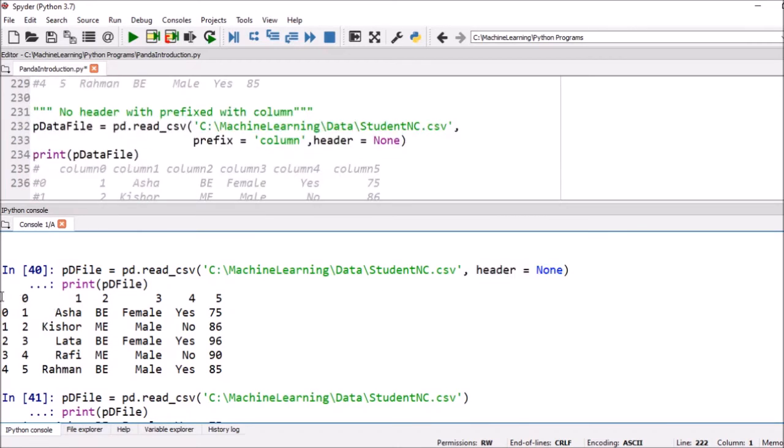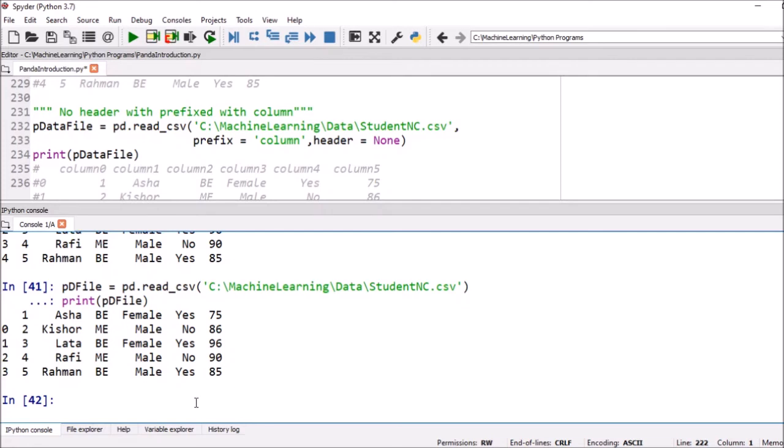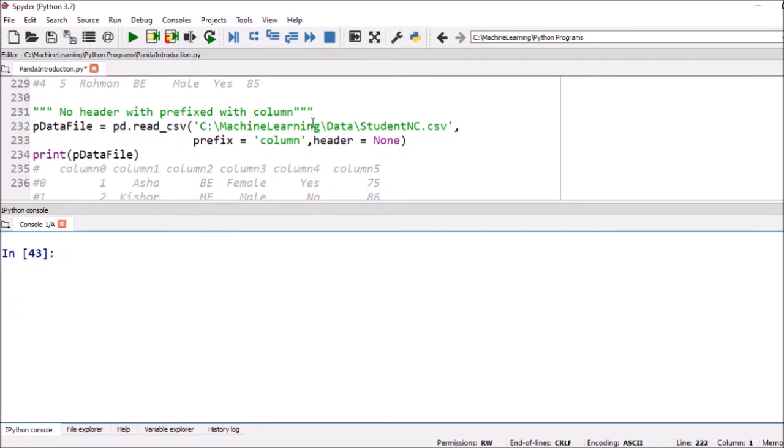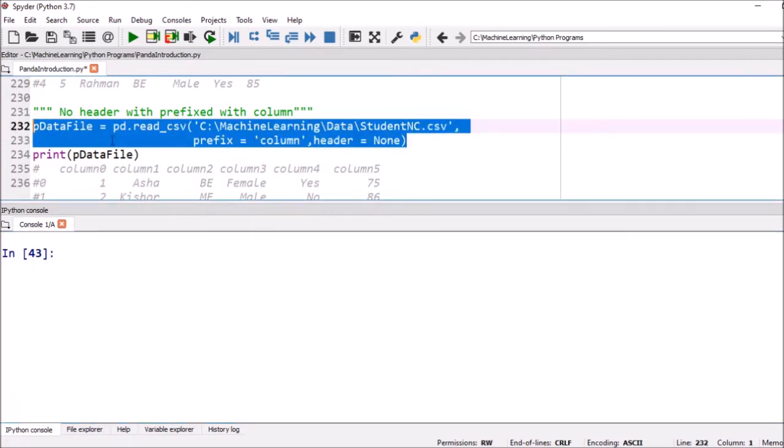We have put here the indices 0, 1, 2, 3, 4, 5. Now, with no header, we can prefix each column. So we have prefixed each and every column. To do this, we can see this one. So if you execute these two lines,